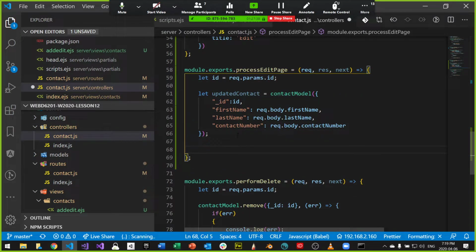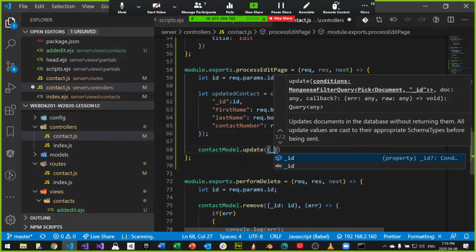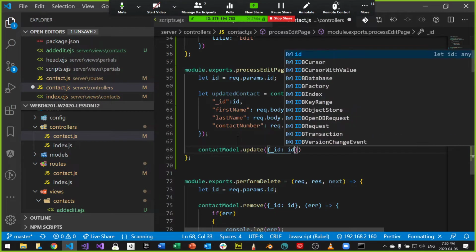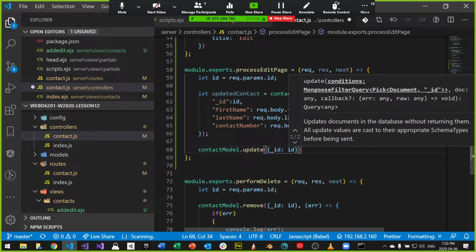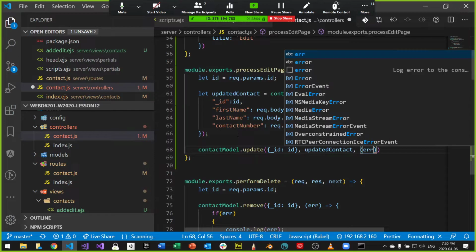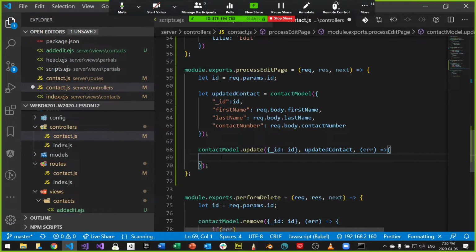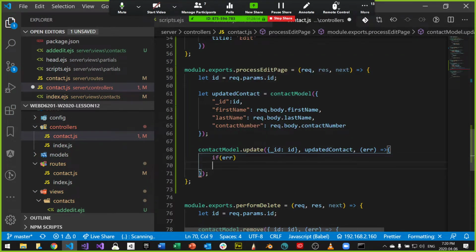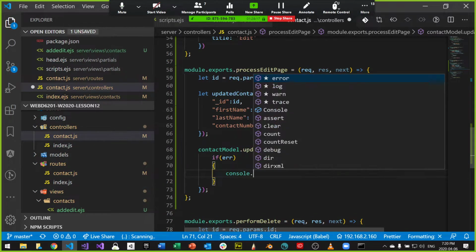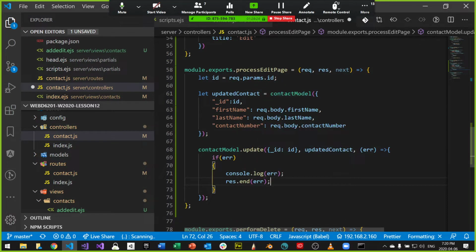And then we're going to use the contact model.update, where the first part is, what are we searching for? We're looking for an ID that matches the ID that we've passed into the parameter. We're going to use the updatedContact as something we want to send, and then a callback function for the error, if there's an error. And if there's an error, that's the only time that we're not going to do something. We're going to say the same pattern, if error, then what we want to do is console it out and res.end, which is going to cause a server error, the error itself. Otherwise